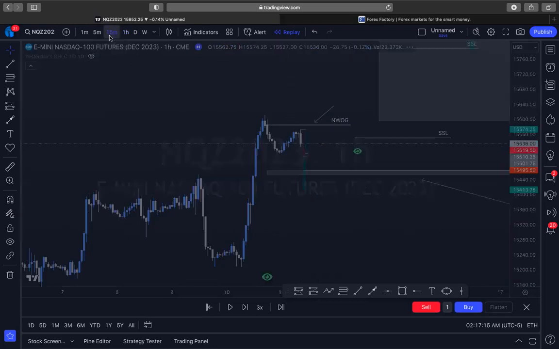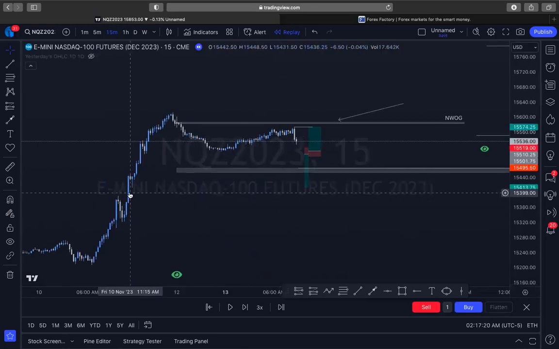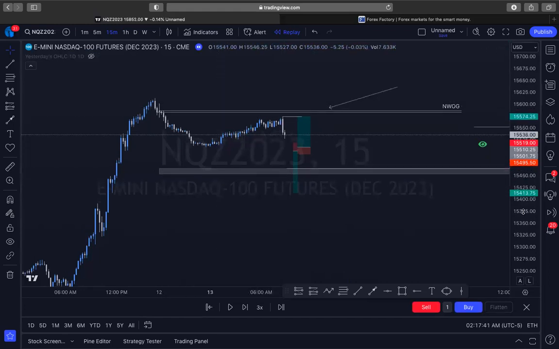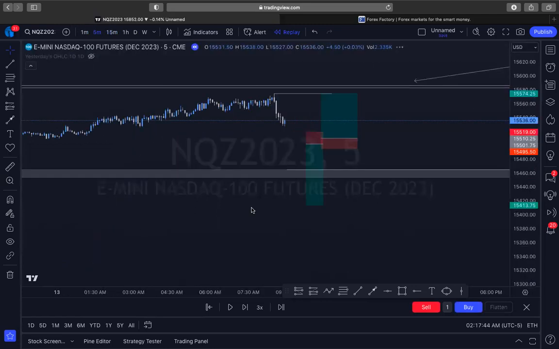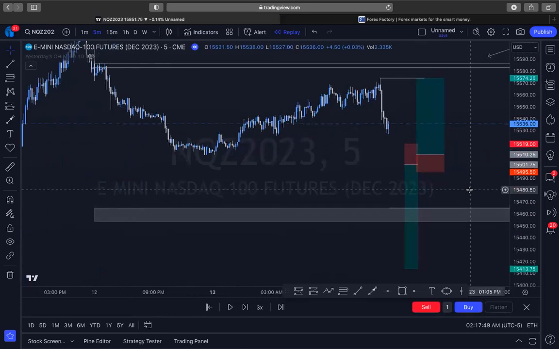If we go down into the 15-minute chart, you can see where there's gaps that need to be filled, right? So here's NWOG. Normally with NWOG, we can either see some type of rejection and bounce right off and then go in the opposite direction, or in some cases, not all the time, it can break right through and use that as some sort of breaker, right? So let's go down into the 5-minute, and then we'll use my replay button to show you what was being played out and what I was looking at.